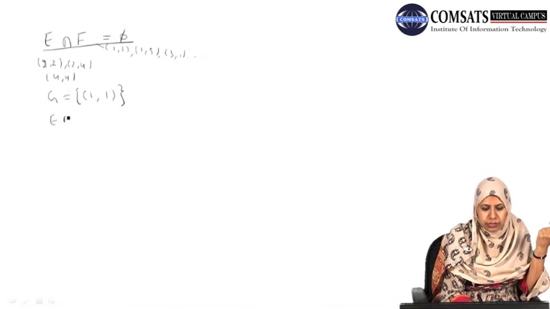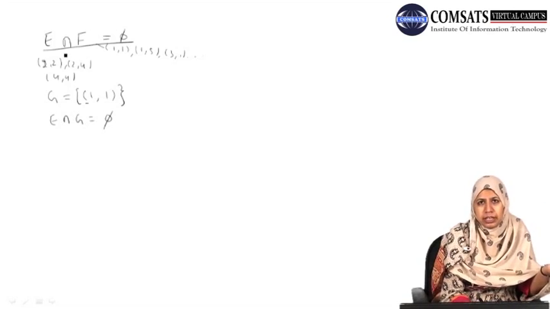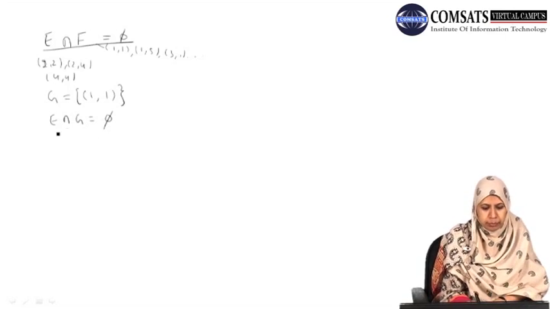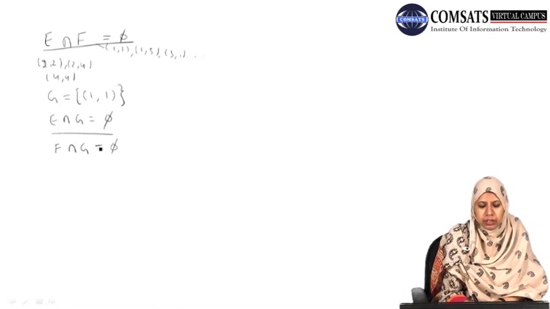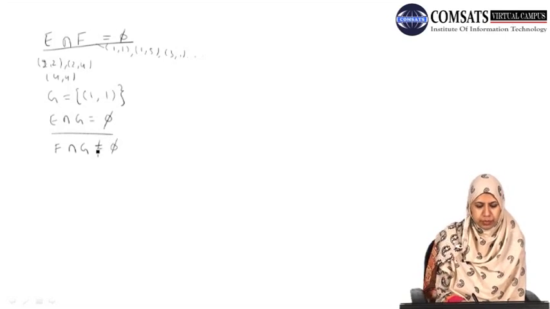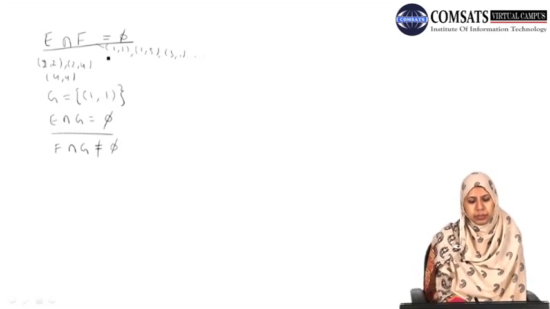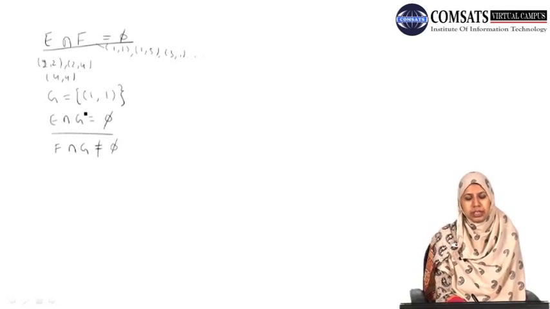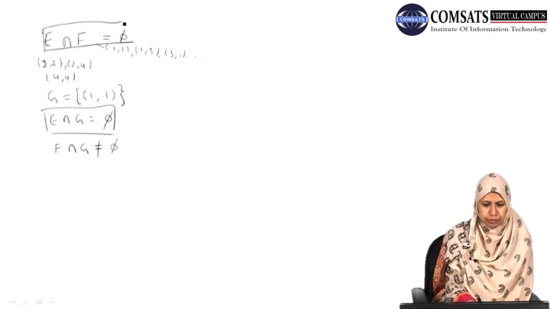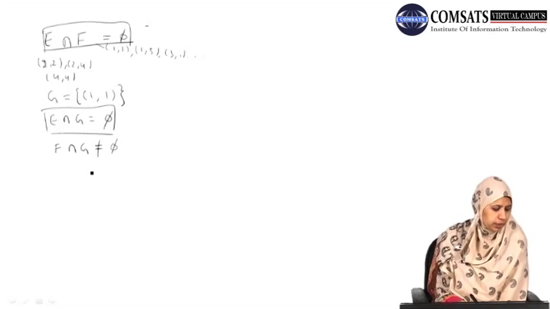Then the intersection of this event G with E is empty, because our event E has all the even numbers as outcomes. But the intersection of this event G with our event F is non-empty, which means that these two events are not mutually exclusive, because the event F has one possible outcome (1,1), which also occurs in our event G. Okay, so far we have two events which are mutually exclusive.